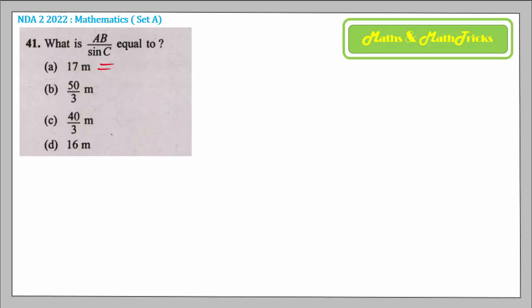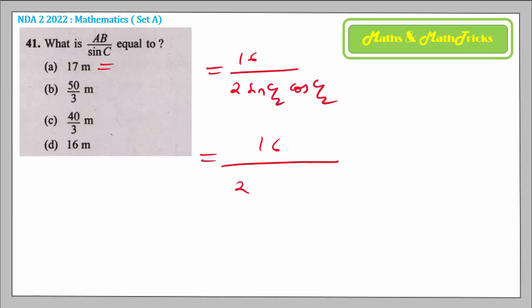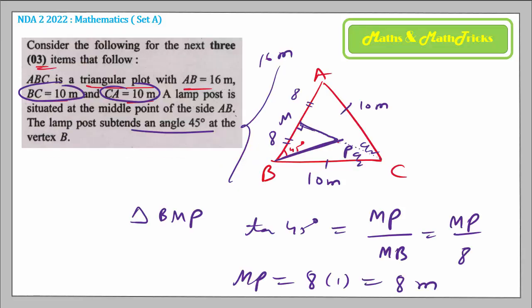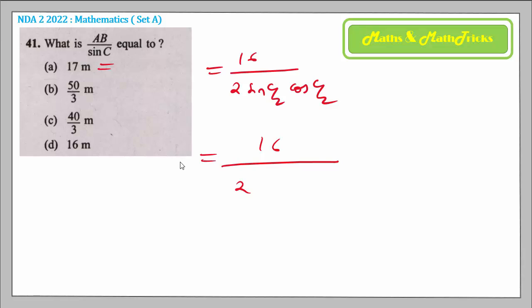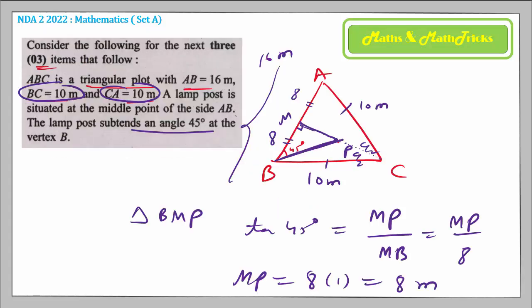So coming on to this part, AB is 16 meters divided by sin C. Open the formula, half angle: sin C by 2 cos C by 2. And from the figure, sin C by 2 you have to read from the previous triangle. C by 2's opposite is 8, hypotenuse is 10. So sin C by 2 would be 8 by 10, and this is into C by 2's adjacent